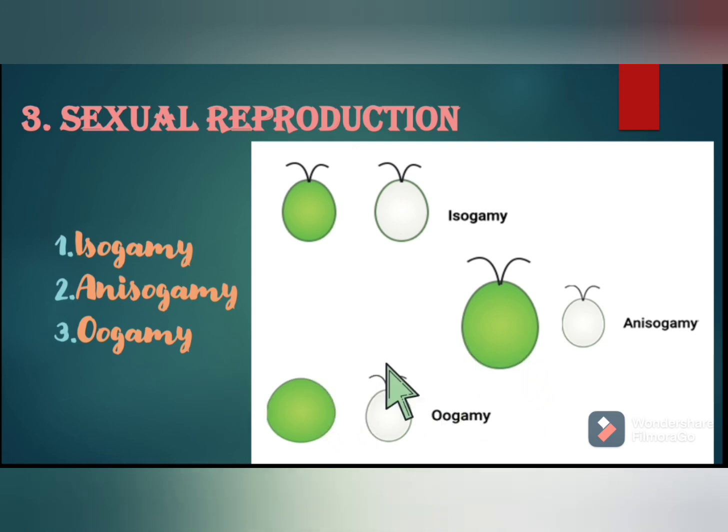And we have oogamy. This oogamy is the highest evolved type. In oogamy, there is a union of a small flagellated antherozoid with a large non-motile egg. You can see why it is non-motile, because it lacks flagella, and the female gamete is usually large without flagella